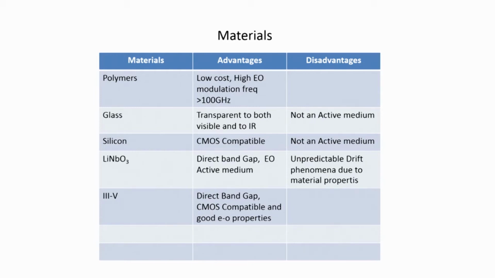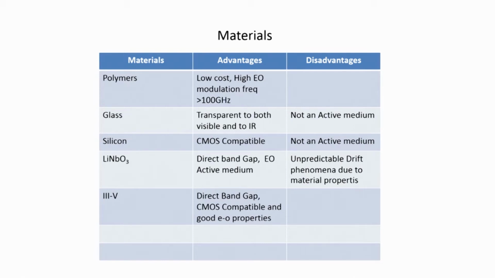Then of course, lithium niobate is a crystal. There are many crystals which have got very useful properties like electro-optic property and so on, and they can be used to make dynamic devices. But some of the important problems with the lithium niobate are the drift due to variations in the material properties, etc., which is not very desirable. So, the stability of the material and the device properties is an important problem,